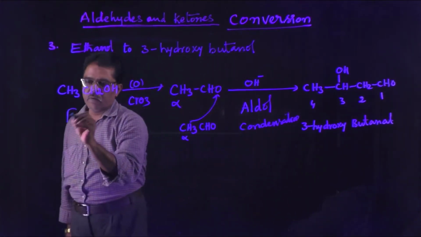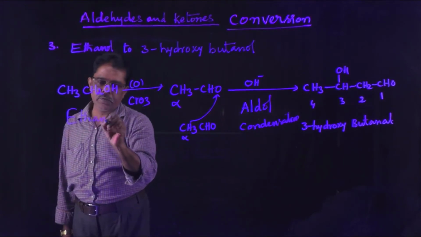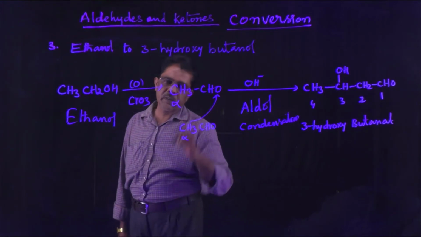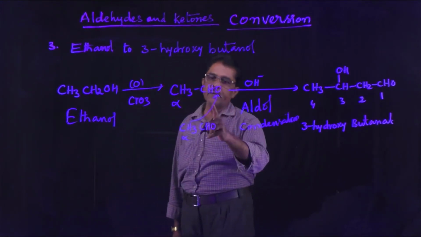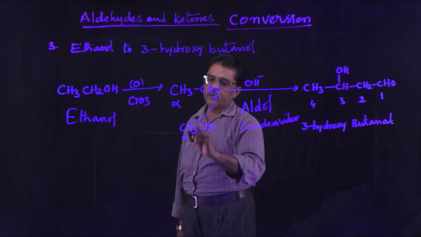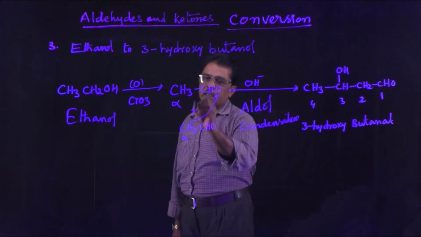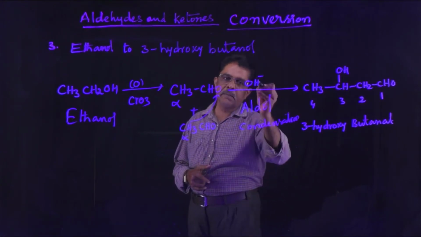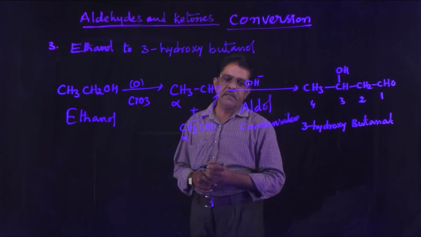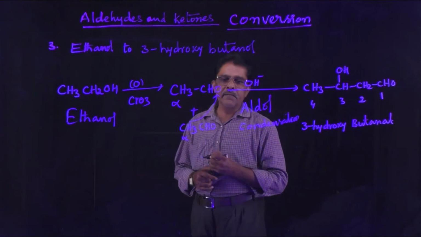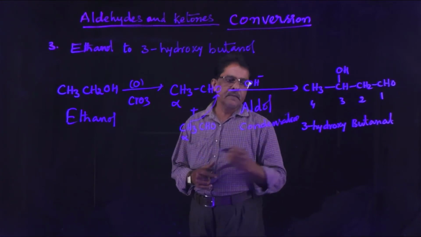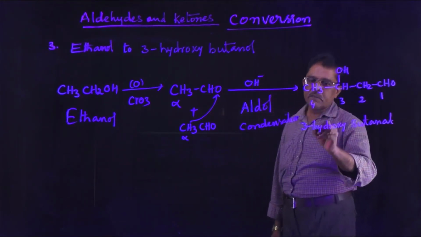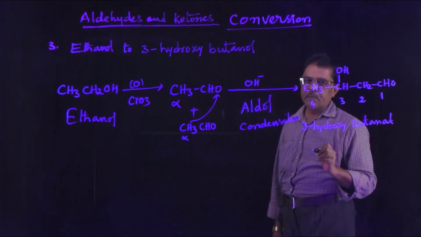Ethanol is first of all subjected to oxidation. We have to convert it to the aldehyde group. This aldehyde, which has alpha hydrogen, 2 moles of acetaldehyde, undergoes condensation in the presence of sodium hydroxide base. That condensation is said to be what? Aldol condensation. So the final product is obtained here. This is about 3-hydroxybutanal obtained. Right, understand?